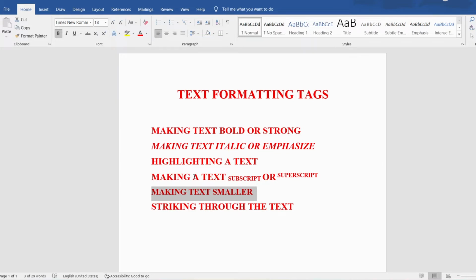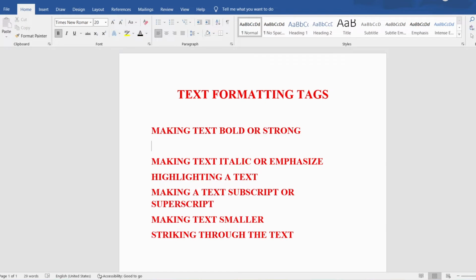So similarly in HTML also, we need to bold the text, italicize the text in the web page, right? So that's why HTML is providing various tags to do this task. Now let me discuss in detail how we can make the text bold or strong. We can make the text bold using the B tag. So a B tag will have the open tag and close tag. Whatever information you want to make bold, you need to provide inside this open tag and